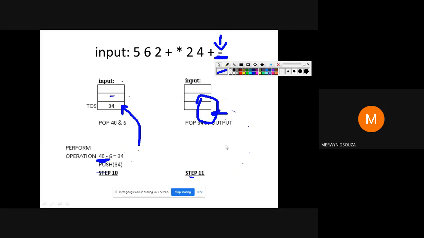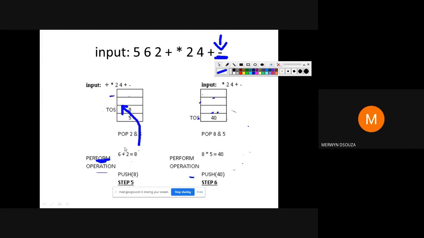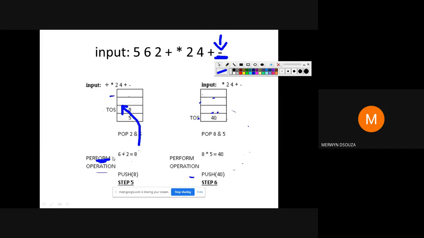Why we are doing that is because in the program that we are going to study tomorrow, it has been done like that. I have taught you this algorithm exactly according to the program that we are going to study tomorrow. Otherwise you will get a different answer than the one that we are getting. It has been done like that throughout. Whenever I applied the operation, I kept the lower value on the left side. See for example here, 2 and 6. The lower value was on the left side, the upper value was on the right side of the operator. Everywhere it has been done like that.